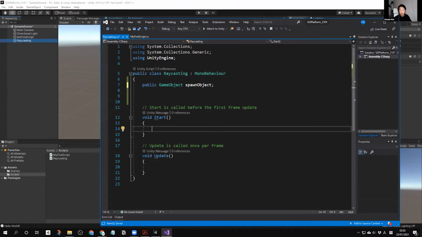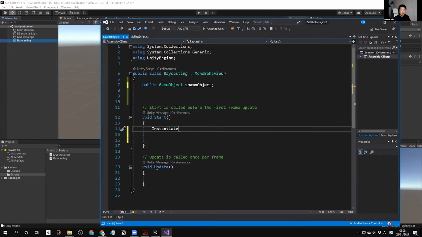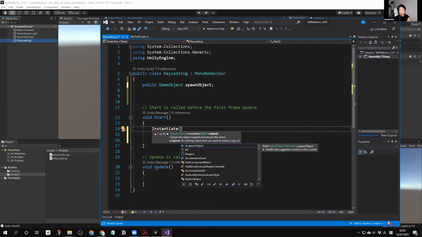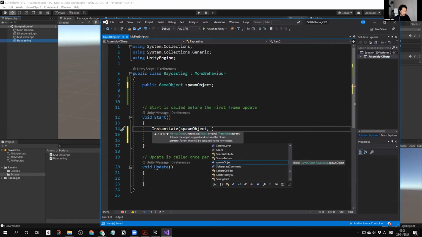And inside of the start we can do the instantiate. Instantiate is like making a spawning object. So it's going to instantiate, it's going to spawn the object inside of the Unity. So instantiate, and this is always the same: first you need the spawn object, you need the game object. So we'd like to instantiate this object in the location of